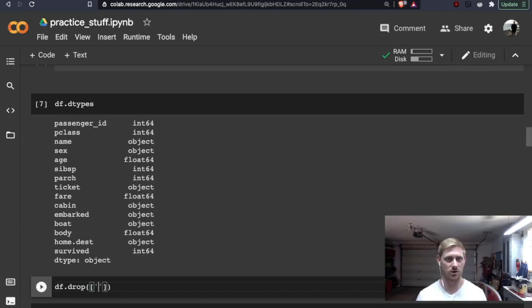So let's go ahead and drop our passenger ID, because we wouldn't really necessarily want a different value. We wouldn't want our model to be evaluated on a unique value. And that unique value should pretty much not really influence the model itself.